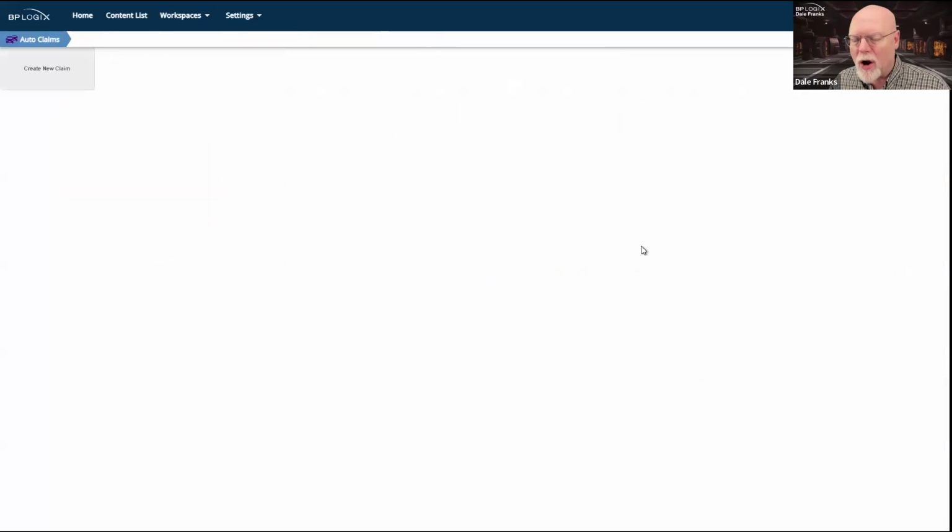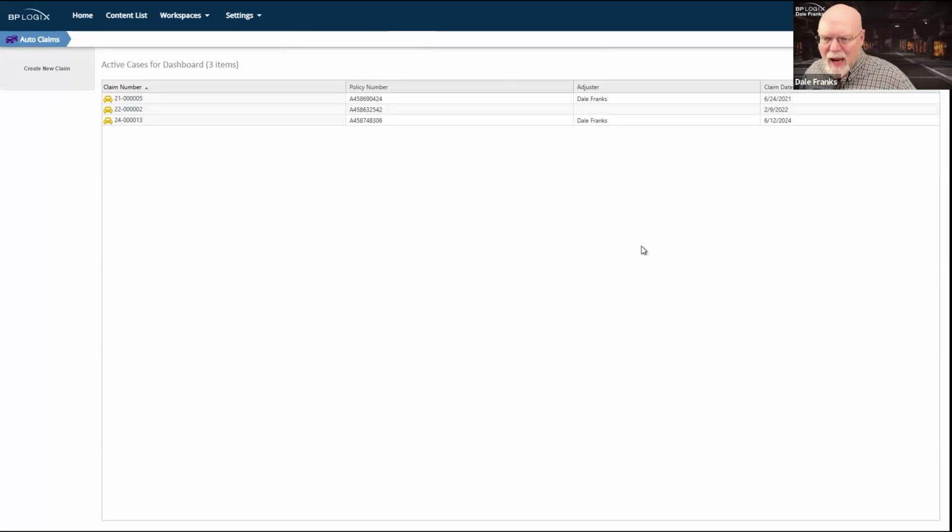If I have an auto claims case management application, I'm almost always going to need a dashboard for that application because there's a lot of moving parts to a case. So case management applications are an example of where it might be a good idea to create your own workspace for that case management application.